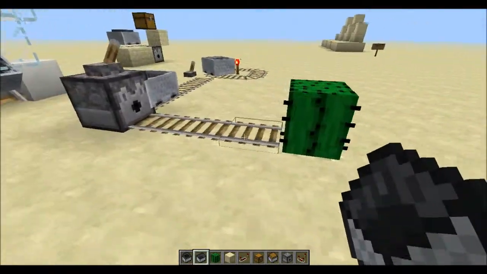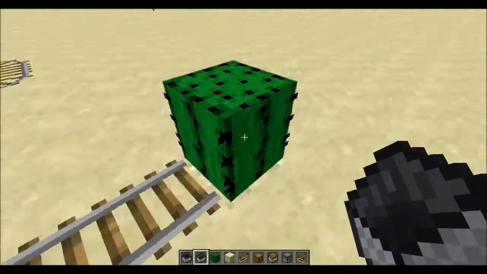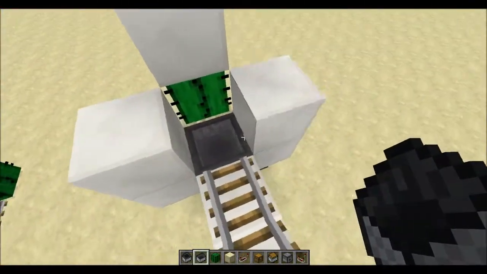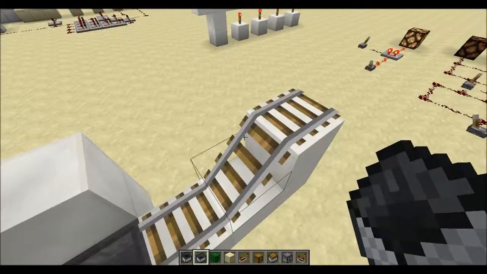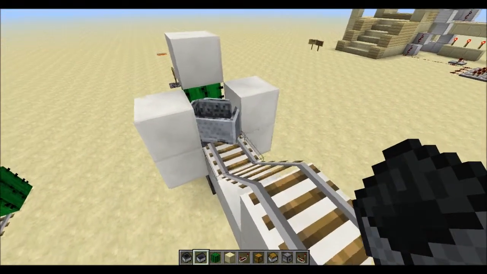So now what happens if we do the same process, but we put a hopper right below that block? And that's what I've done here. I've got a hopper here and this cactus block. So if I put a minecart up here and I push it,